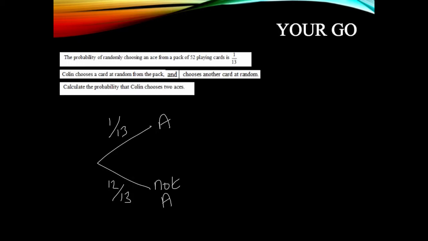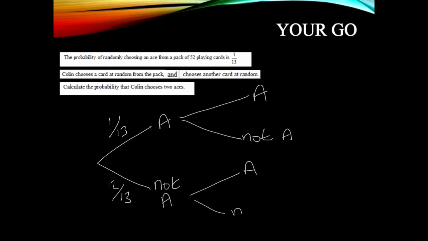Now the next time he pulls a card randomly from this pack, one of the cards is missing. So if he picked an ace first time, then we're interested in an ace the second time, or not an ace. Now I could continue down this branch as well with an ace and not an ace. However, I don't think it's going to help us because all we're interested in is the probability that he chooses two aces. So if he's taken one of these cards out, then there are now only 51